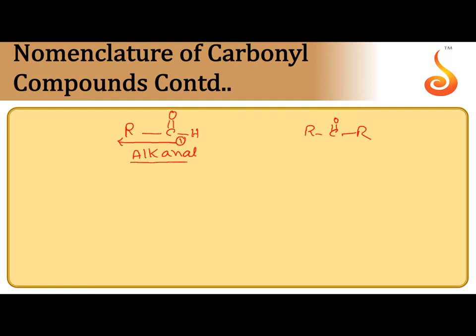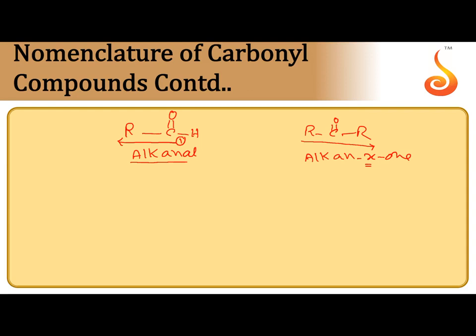Coming to ketones, including the carbon of the CO, you have to select the main carbon chain so that the carbon of the CO gets the lowest locant. By indicating that locant, you have to write the alk root word. Suppose the primary suffix is en, then x-one. X indicates the locant like 2, 3, or even after writing one we can write the locant.